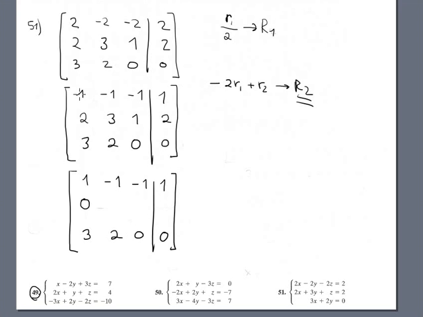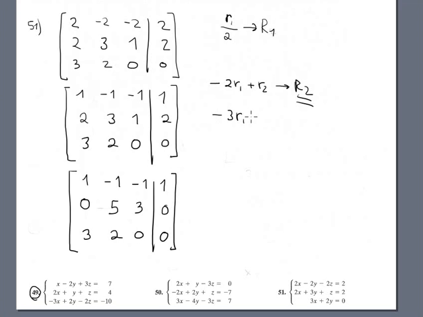Negative 2 times 1 is negative 2 plus 2 is 0. Negative 2 times negative 1 is positive 2 plus 3 is 5. Negative 2 again times negative 1 is positive 2 plus 1 is 3. And negative 2 times 1 is negative 2 plus 2 is 0. Good. Okay, the next row operation is